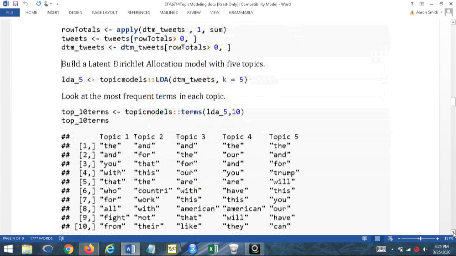All right, so now let's build a latent Dirichlet allocation model with 5 topics. Remember, if I choose 4 topics or 6 topics, I'm going to get different topics than what I get when I choose 5, because of the method that is used in the factorization of the document term matrix. The more topics I have, the more nuanced they're going to be. Now, which is the best number? I'll talk about that towards the end. All right, so now